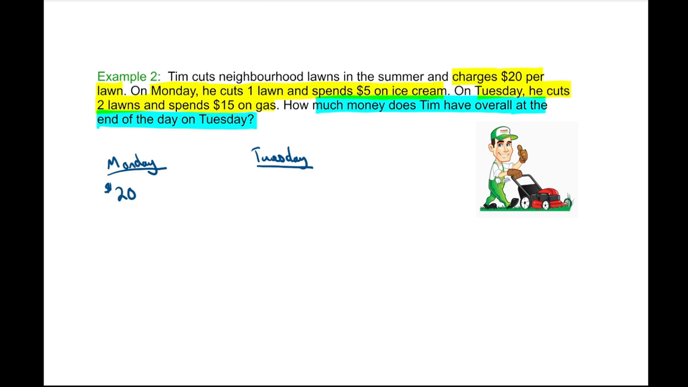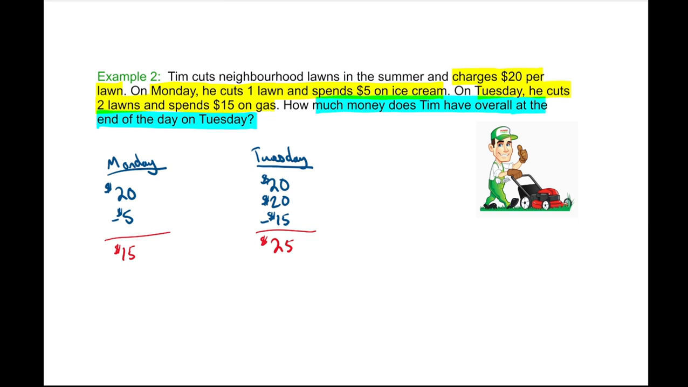We get positive $20, but we take away $5 on Monday. And you could say, okay, well, at the end of Monday, we're left with $15 in total. On Tuesday, he cuts 2 lawns, so that's $20 twice, or you could say $20 times 2. But then he spends $15 on gas, so we have to take away 15. So because we have to take away that 15, he only makes in total